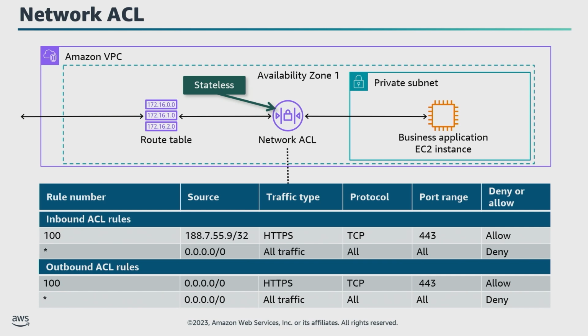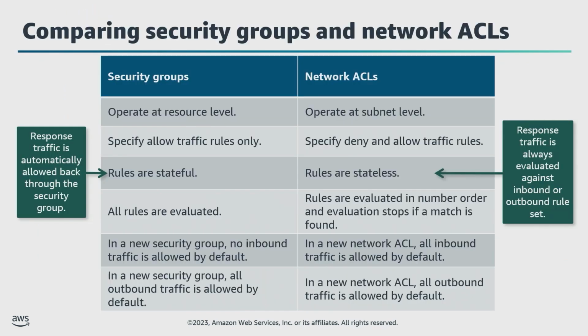But all network ACLs also have an inbound and outbound rule numbered with an asterisk that denies all traffic. This rule is evaluated last, so it denies any traffic that hasn't been matched by an earlier rule. In the example here, inbound HTTPS traffic from a specific IP on port 443 is allowed. And any outbound HTTPS traffic on that same port is also allowed. Any other inbound or outbound traffic will be denied. This table summarizes the key distinctions between security groups and network ACLs, and it's a good slide to review in